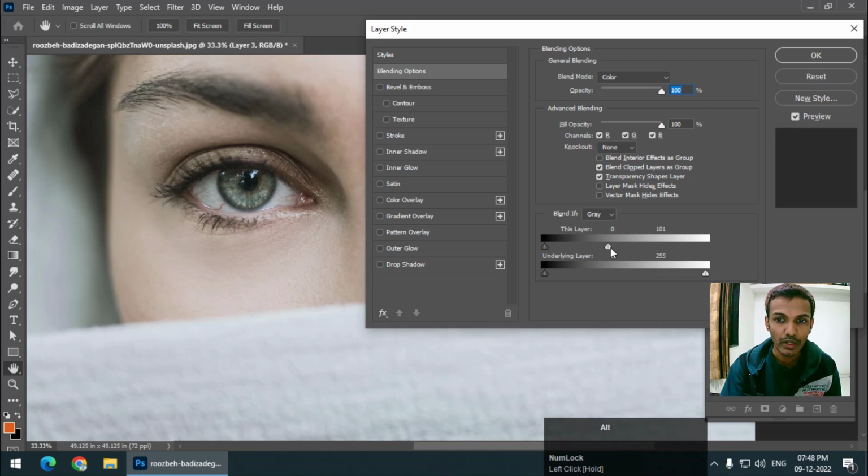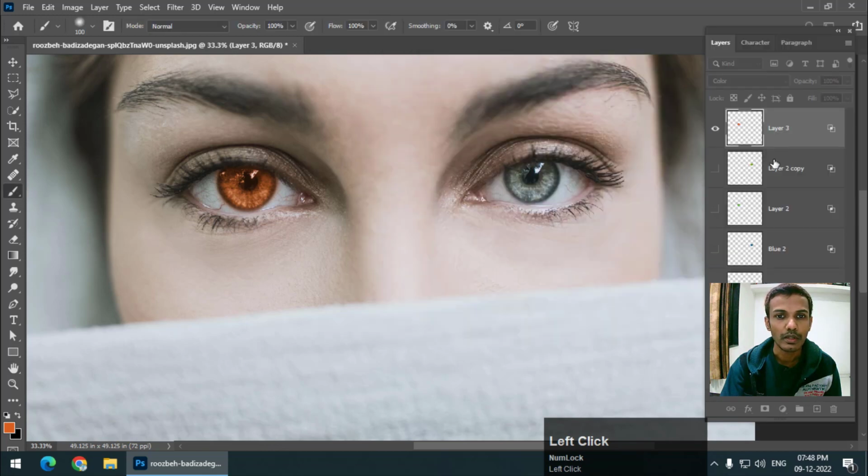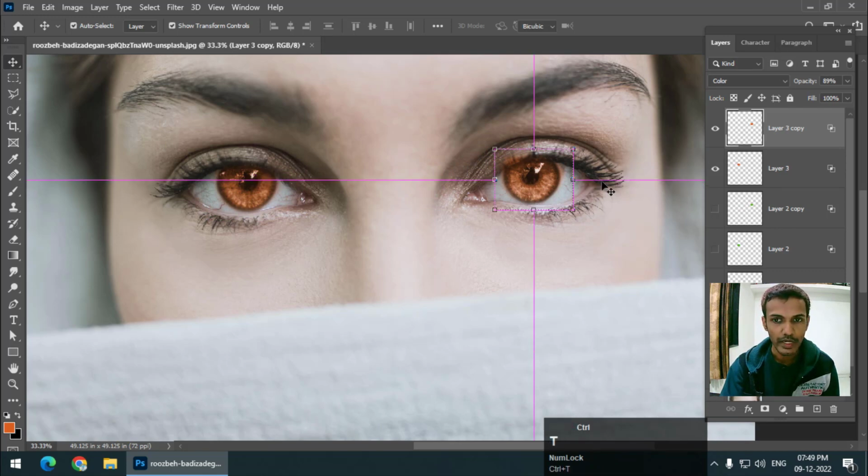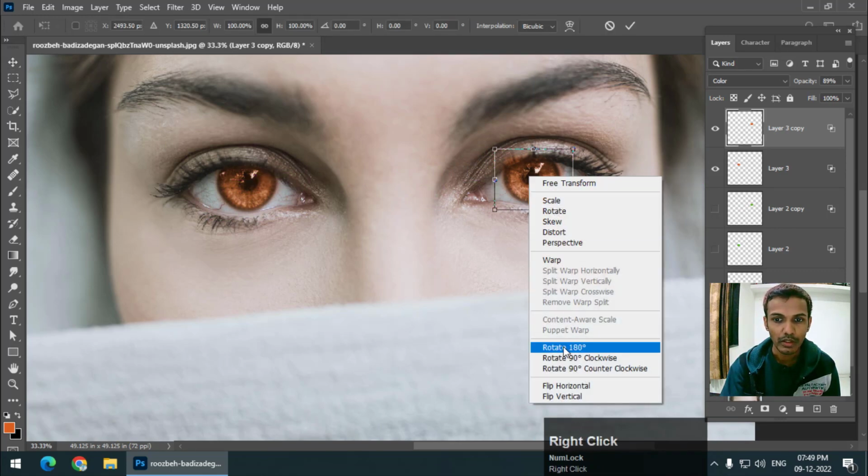Again, Alt left click or Option left click. So this is, I think, looking realistic. Press OK, and if you are still not happy, you can always decrease the opacity like this. So this is looking realistic like this. This is before and this is after. Again, Alt key or Option key to copy, left click, Control T, right click, flip,